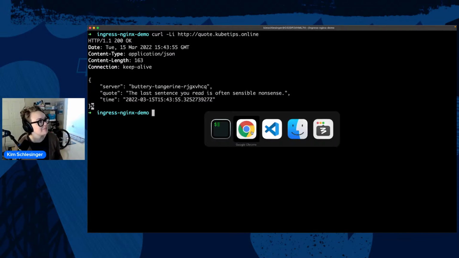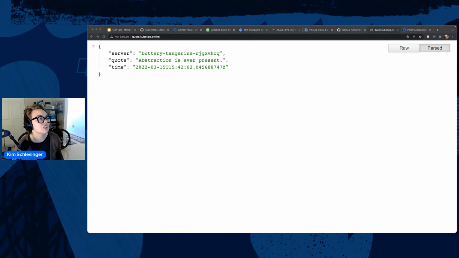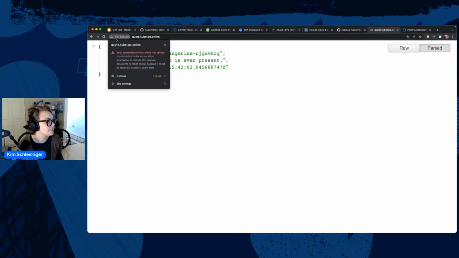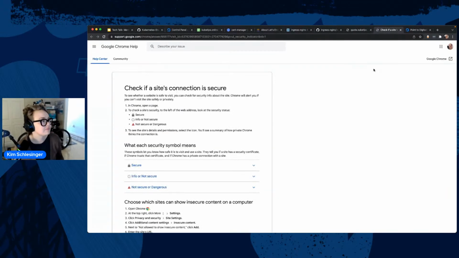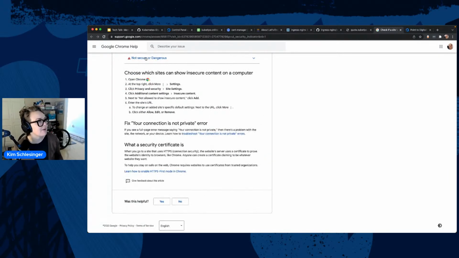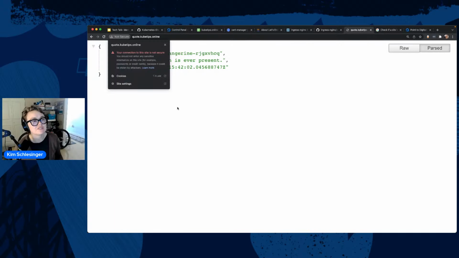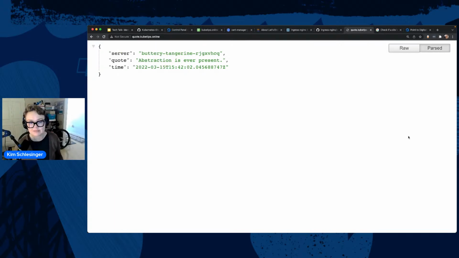All right. So Jimmy says, you might be able to get certificate information in the learn more section. So not secure, learn more. Yeah, I feel like this is like the documentation. I actually want to see the certificate though. But that's okay. We'll keep going. All right. So we have something on the internet, but a lot of people aren't going to be able to access that because it's not secure.